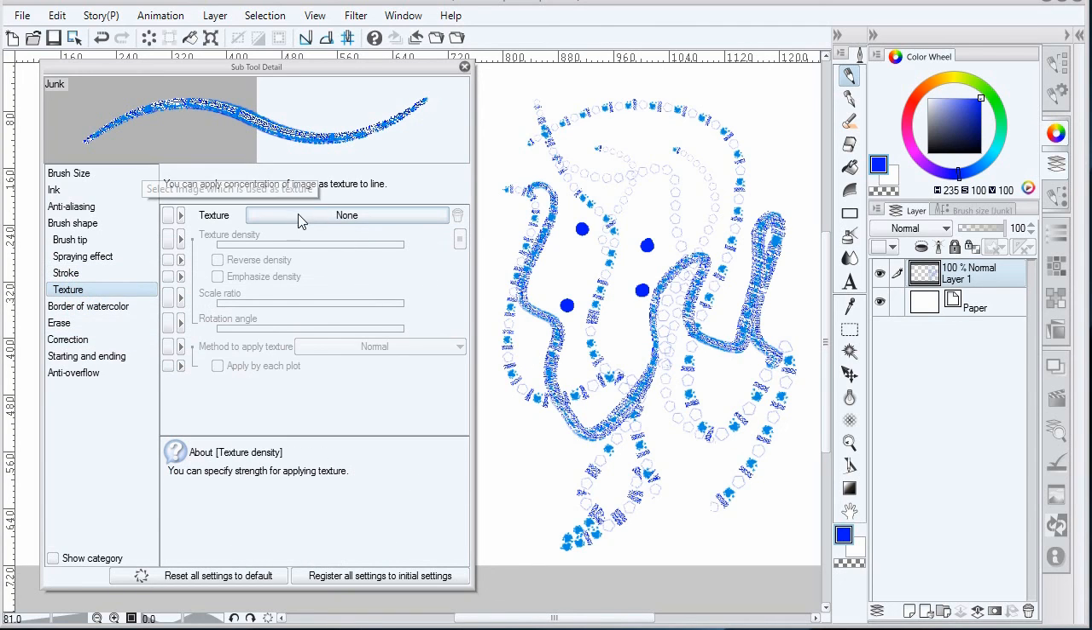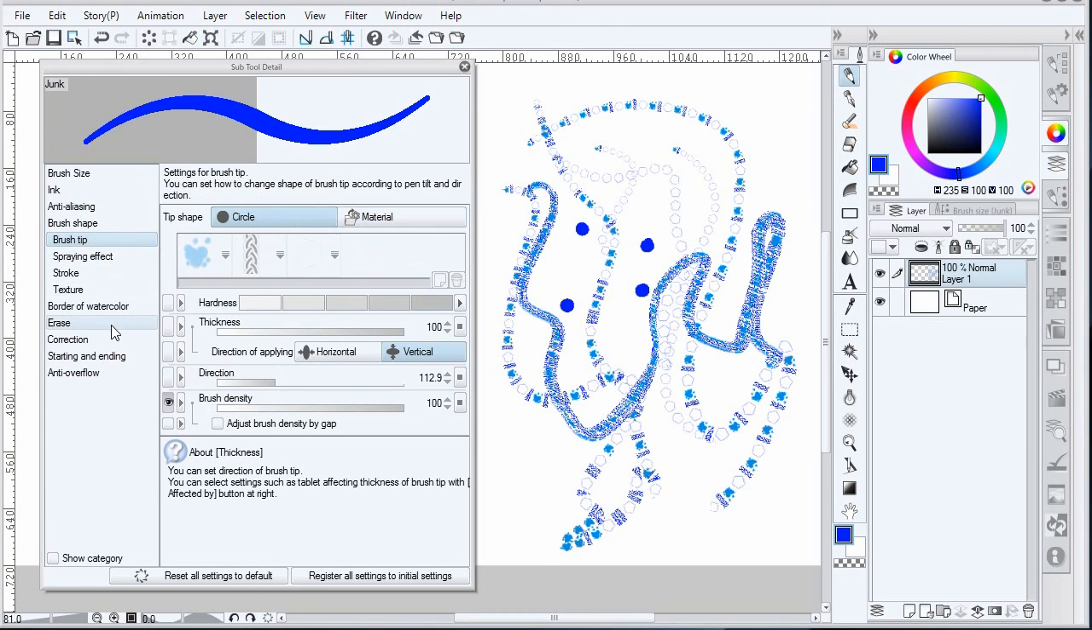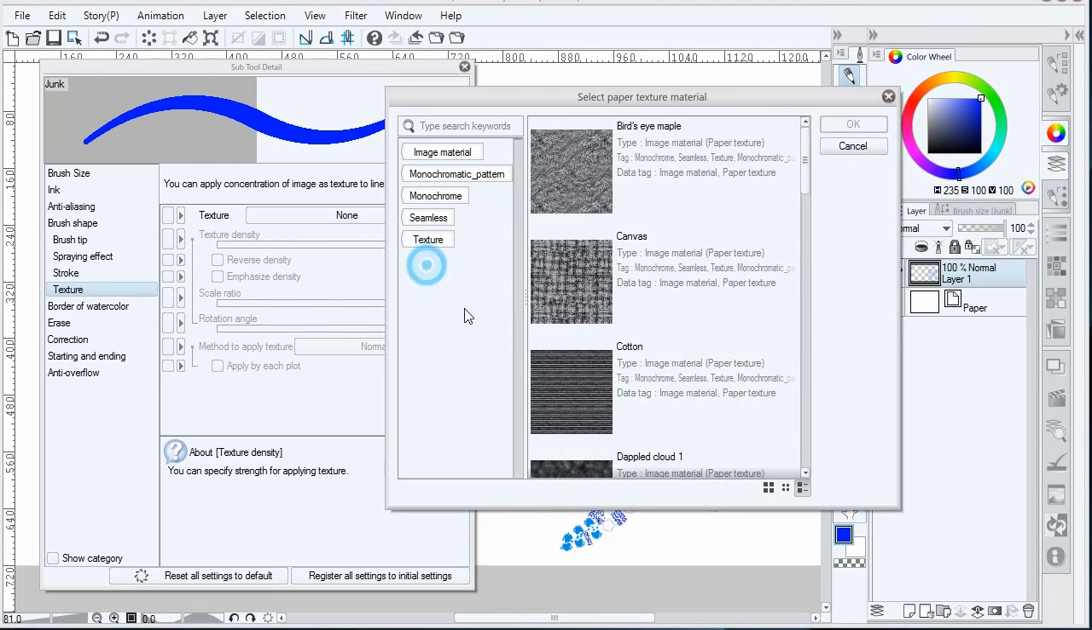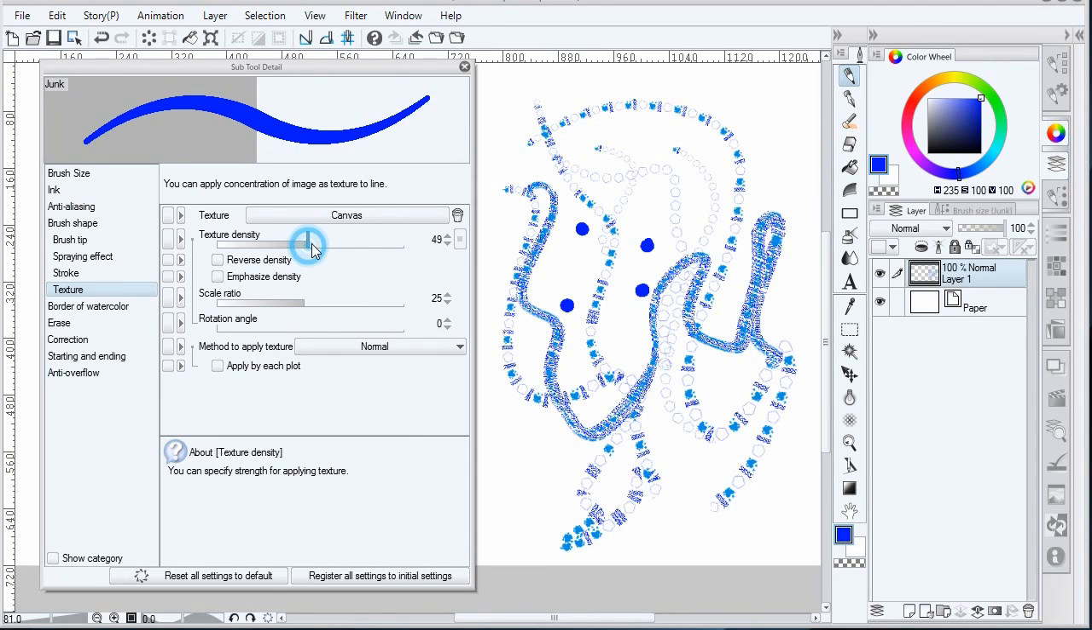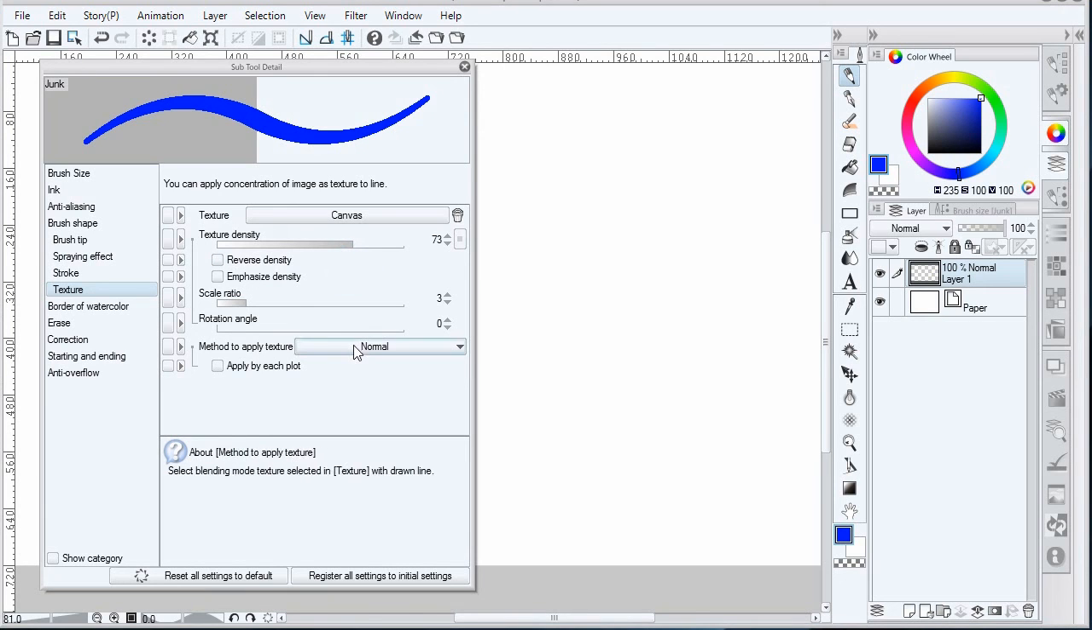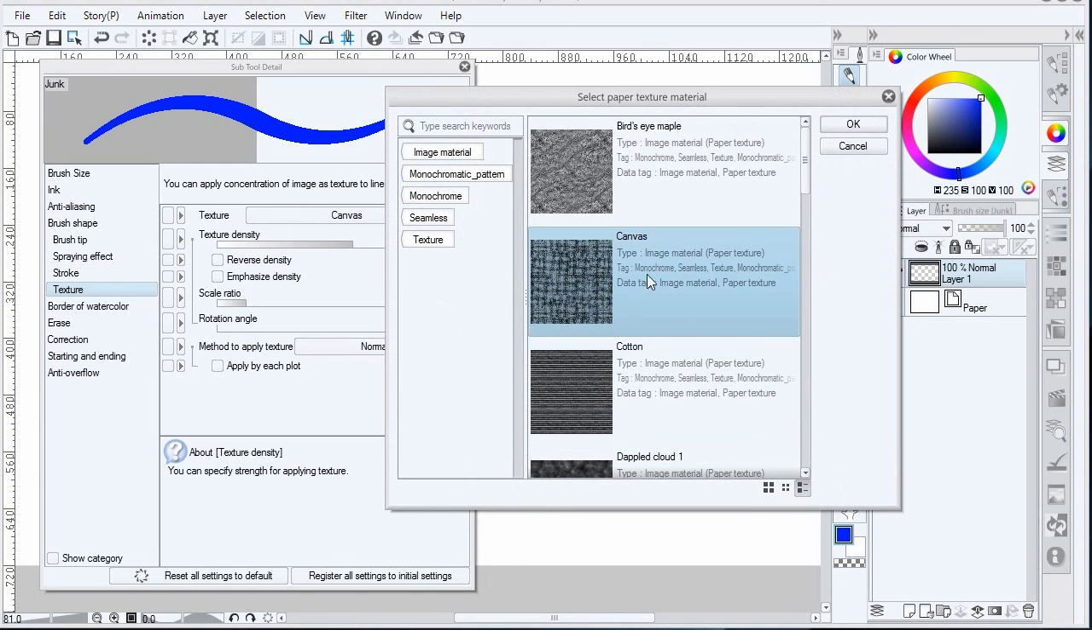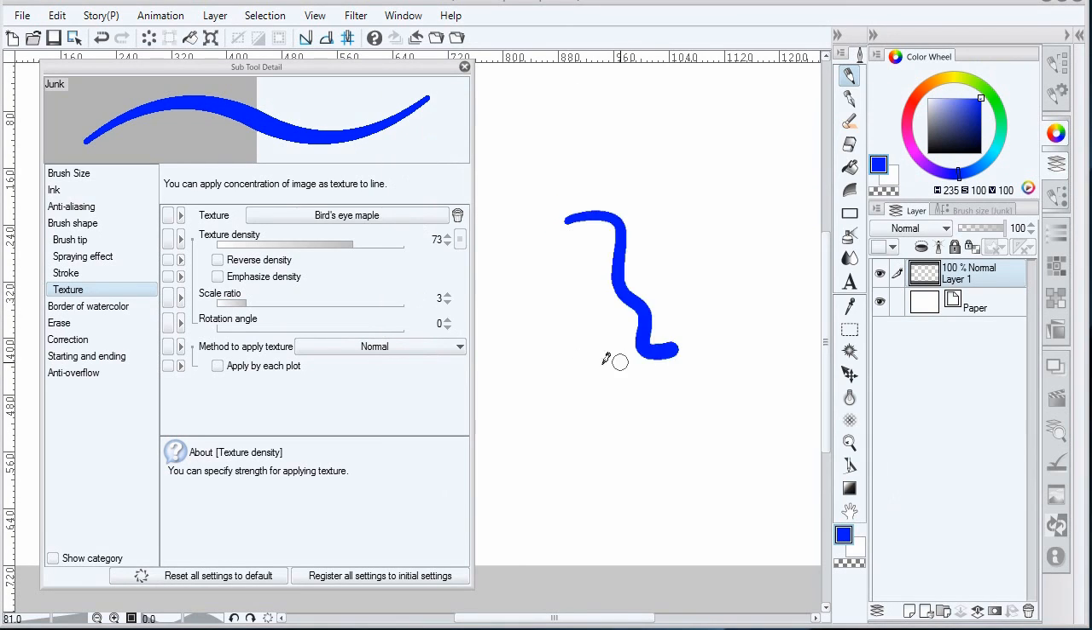Texture is the underlying value. So let me go back to the brush tip, turn that back to circle, and we show texture. In that case, if we select one of these things such as canvas, we can change the texture density, emphasize, and the ratio. Now if I have the method to apply texture set to normal for a number of these textures, we may not really see much of anything, but if you change it to multiply or to subtract or compare, one of these other different types of